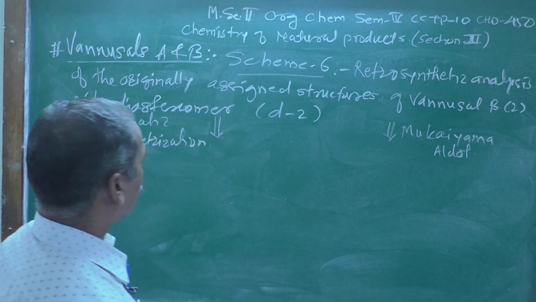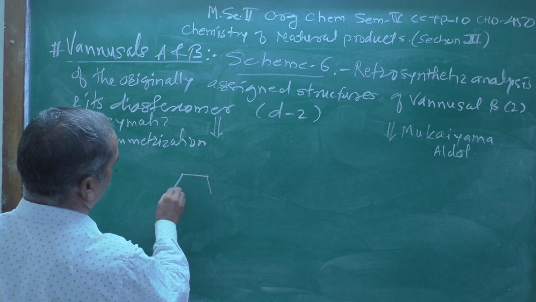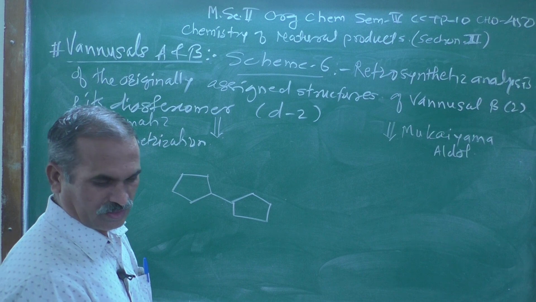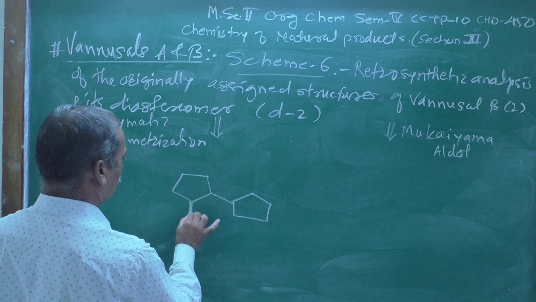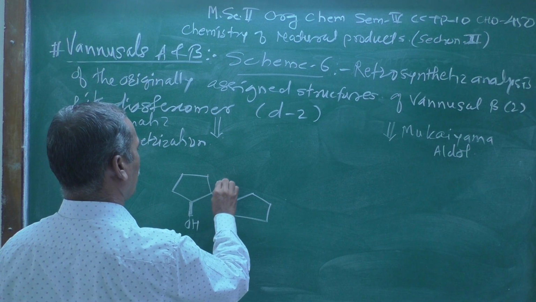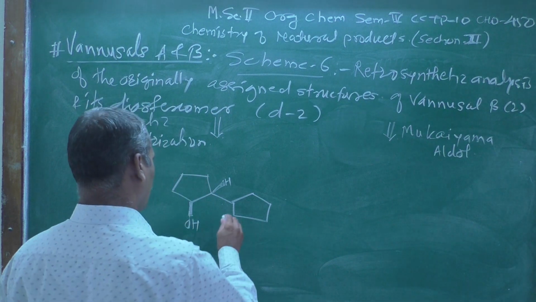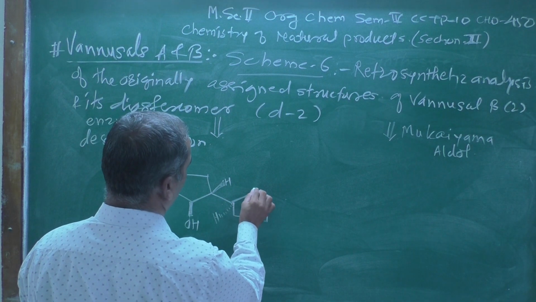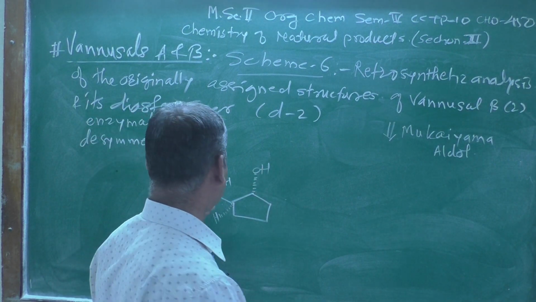After that, what do you get? You are going to get a compound like this. Here the hydroxy group is above the plane, and the hydrogen atom remains as it is above the plane. Here at this corner point the hydrogen atom remains below the plane, but this hydroxy group must be above the plane.